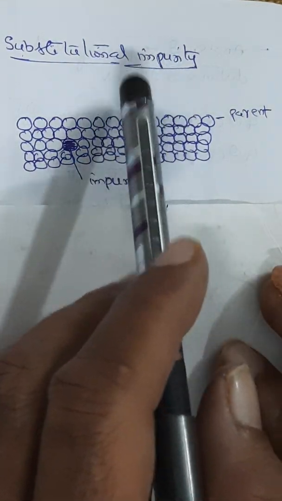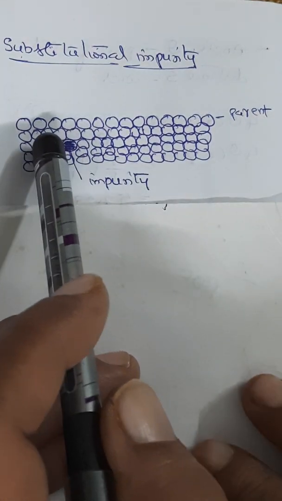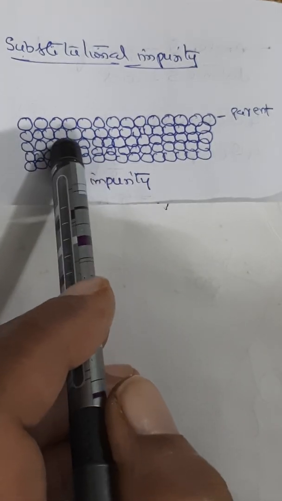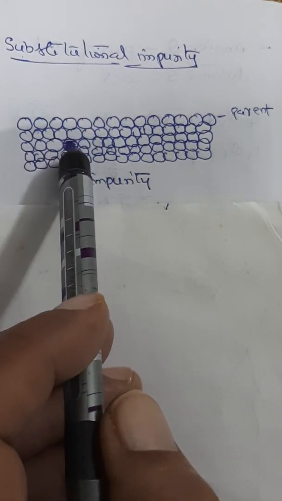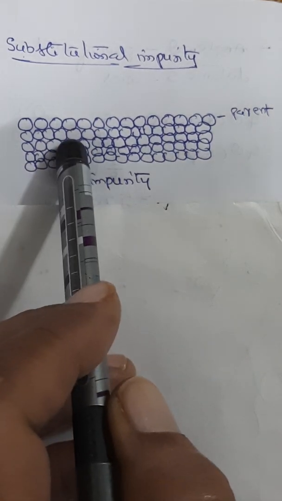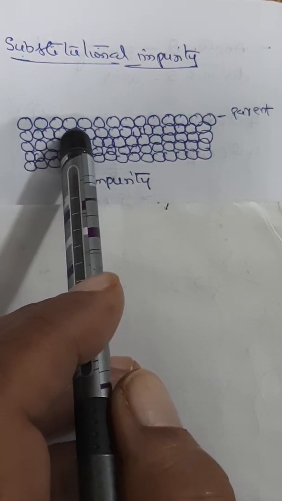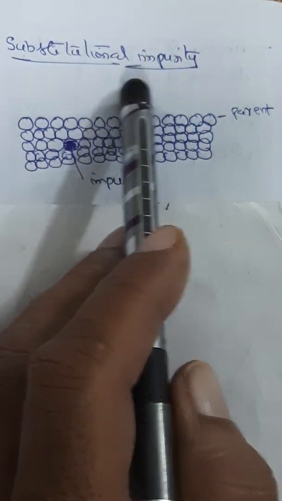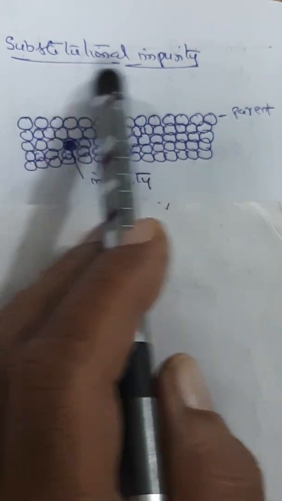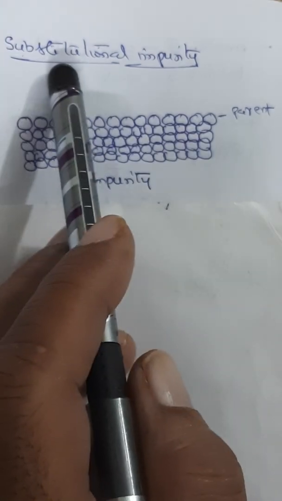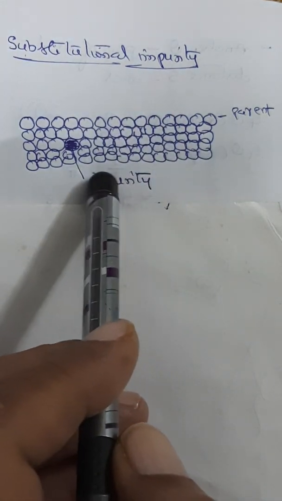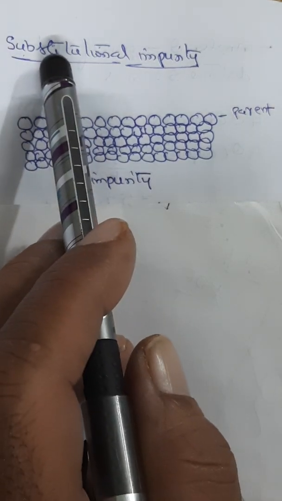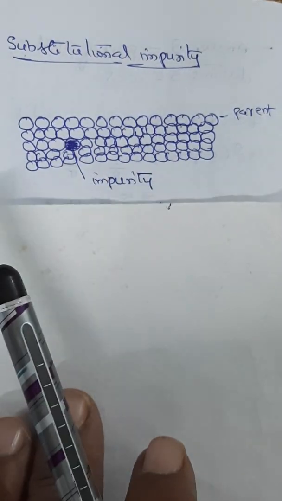Substitutional impurity defect, if you see, is one of the compositional defects. Like this, you take the periodic arrangement of atoms and a doped impurity is present here, let us say. If the impurity atom occupies one of the positions of the parent atoms in the crystal, then it becomes a substitutional impurity or substitutional defect, substitutional imperfection. So the impurity atom is sitting in one of the parent atom locations when there is a vacancy. This is substitutional impurity.